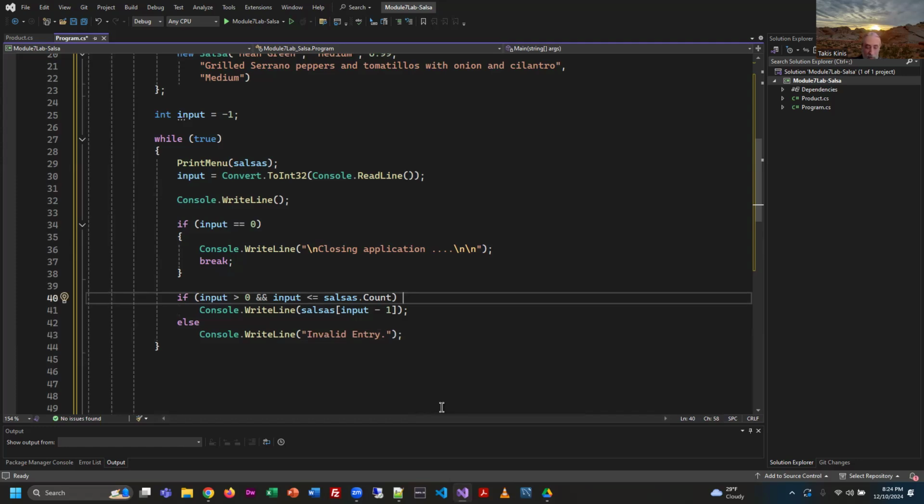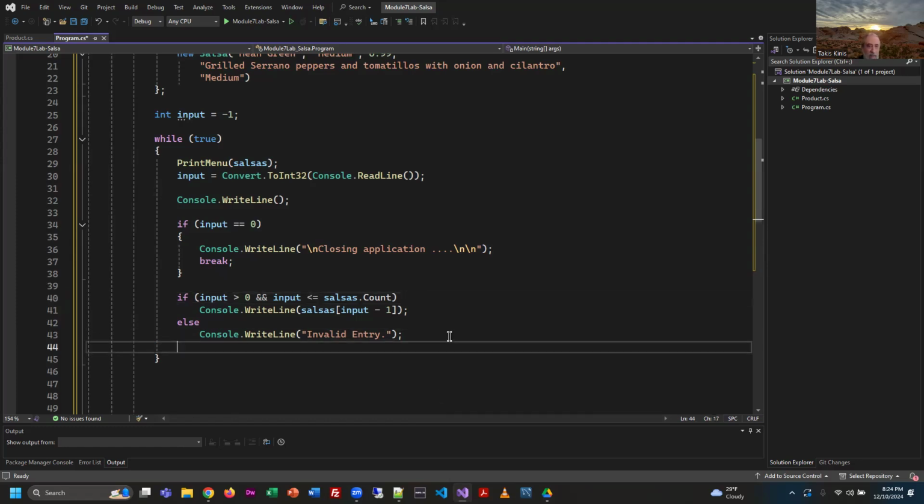So remember, if there's only one statement inside of an if and only one statement inside of an else, you can omit the curly brackets. You guys remember what my rule of thumb for that was? Generally I tell people don't omit the curly brackets, because invariably you add stuff and then you forget they're not there. I tried to do it without, but I still had one in. That's the kind of goofy stuff that happens. All right, but this is valid as a standalone if else, right? Now, after they do that, whether it's putting the salsa name on the screen or giving me an invalid entry return,